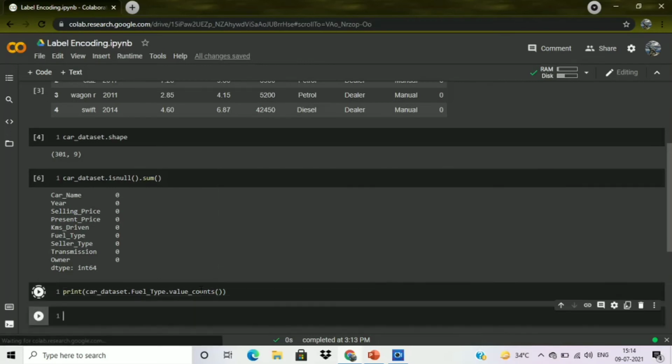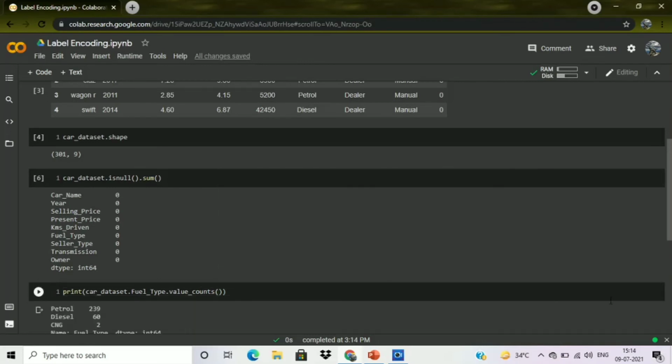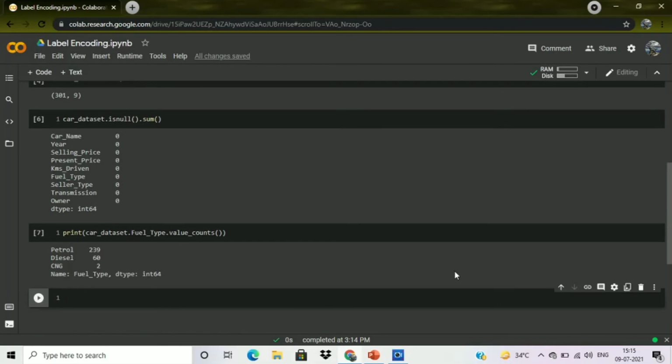Now let me run this code. Here you can see that the total number of cars using petrol as fuel type is 239. The total number of cars using diesel as their fuel type is 60, and CNG only 2. So you can see here the cars which are using petrol, diesel and CNG as their fuel type. Now let me move forward.